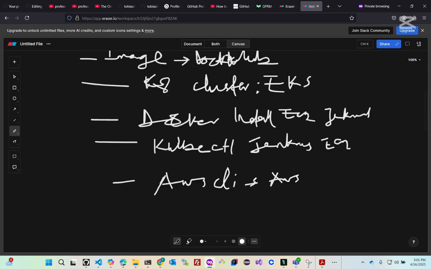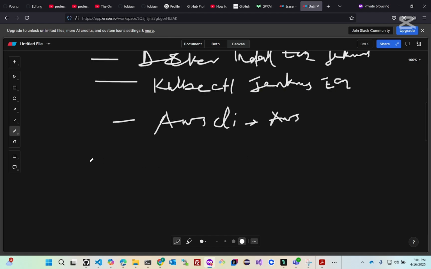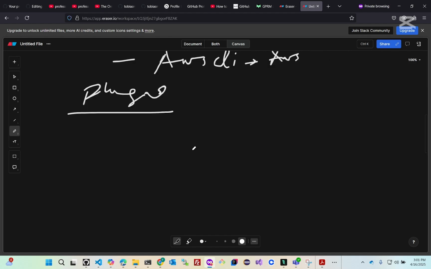Now, we also need to install some plugins on our Jenkins. So the first plugin we need to install on Jenkins is called Kubernetes CLI. We need to install the Kubernetes CLI plugin on Jenkins, and we need to install